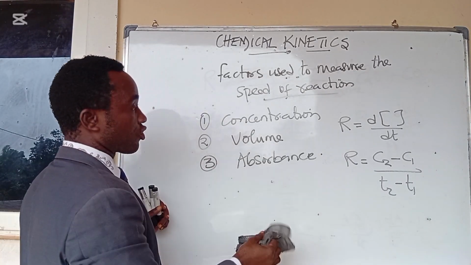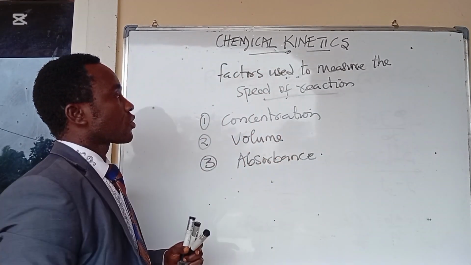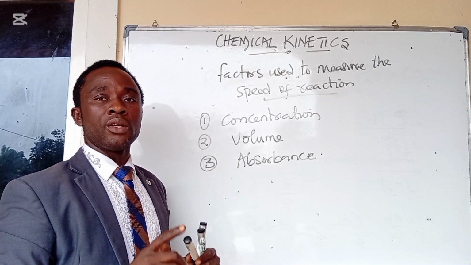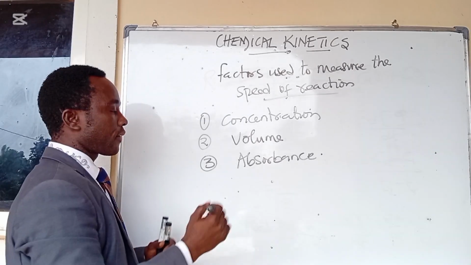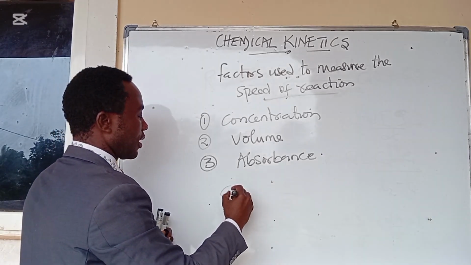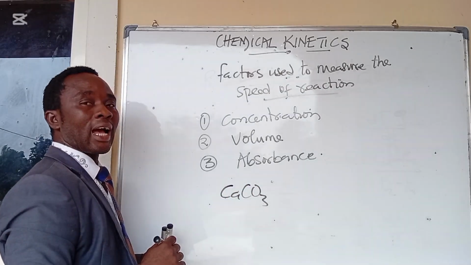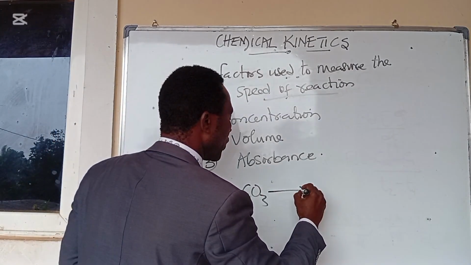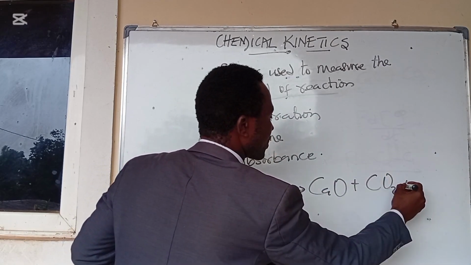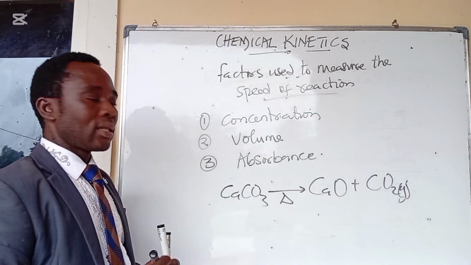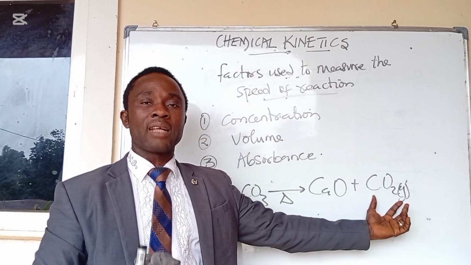Now, apart from concentration, we can also use volume to determine the speed at which a reaction is proceeding. That is the rate at which a reaction is proceeding. How do we do that? Let us consider a reaction where you have CaCO3, that is calcium carbonate. When you heat it, it will give you calcium oxide plus carbon IV oxide, which is a gas. Now, because carbon IV oxide is a gas, I can measure the volume of carbon IV oxide that is